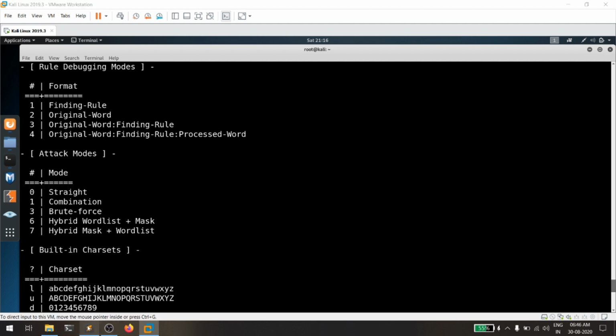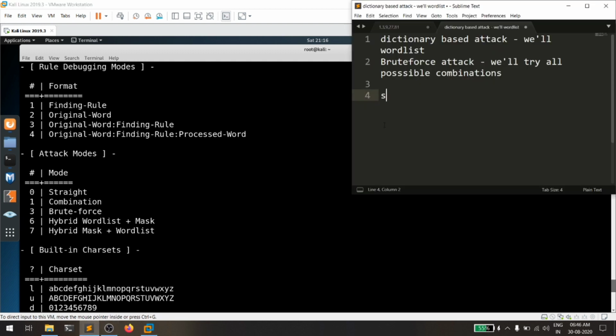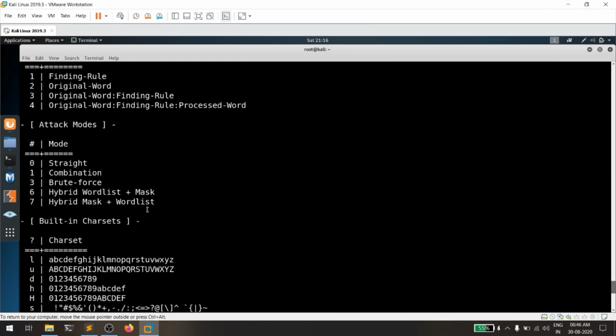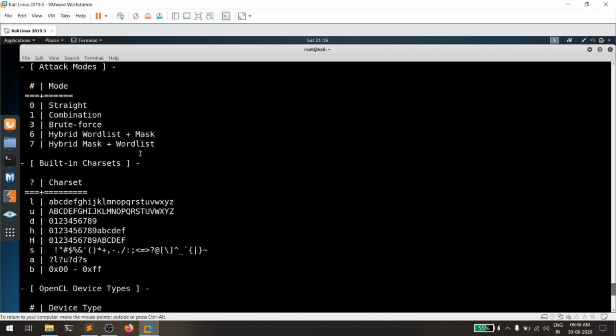A hybrid attack is like, suppose you have Satvik. What a hybrid attack does is try s@thvak. It tries to change the letters into some other format and tests whether it's available or not, so this is also going to take a longer time. If you don't have the word list, you can simply provide the character sets.